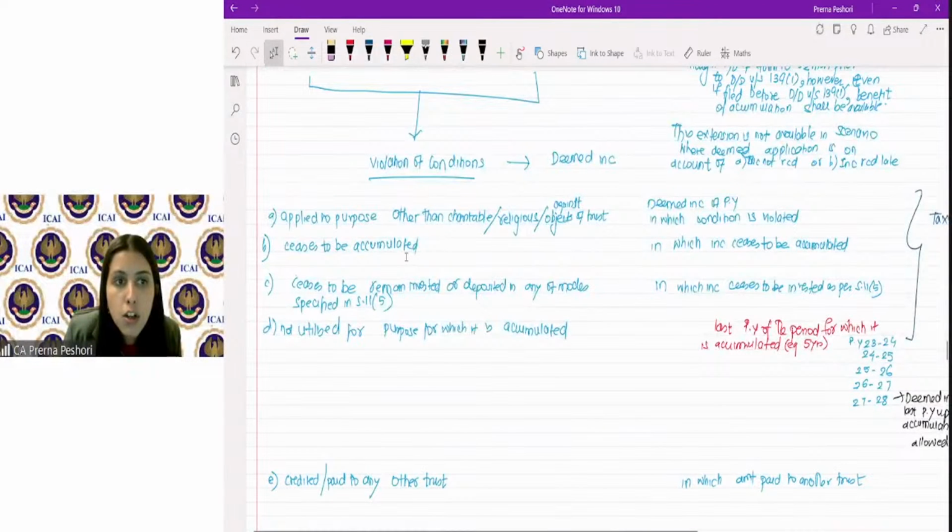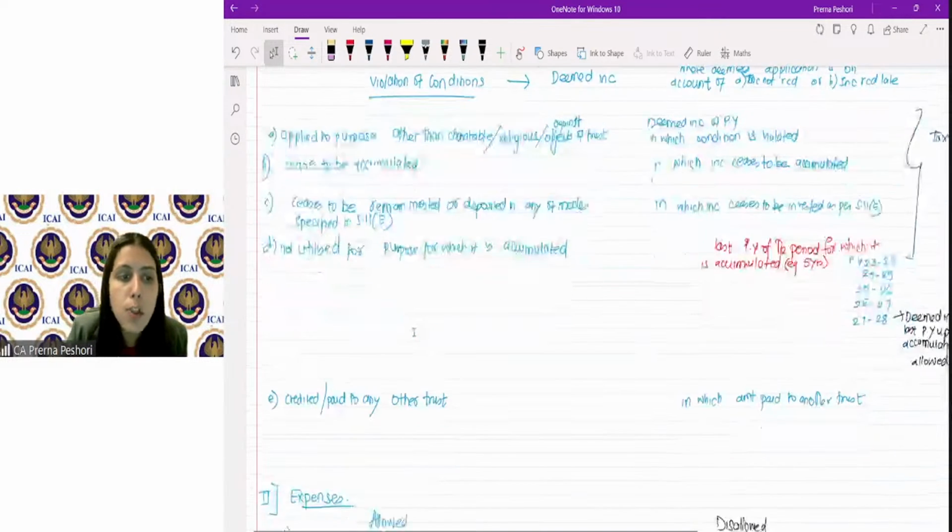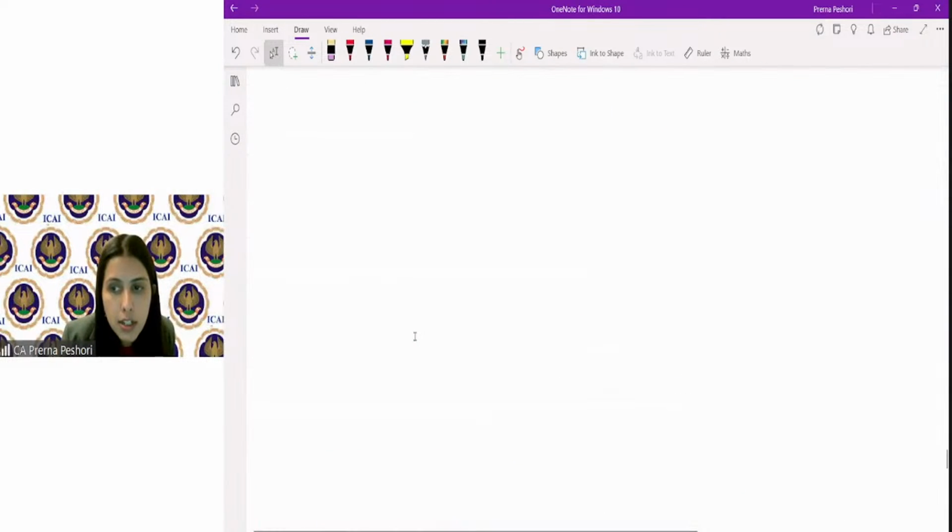So ceases to be accumulated, applied for purpose other than charitable or religious, ceases to remain invested or deposited in any of the modes specified in section 11.5 and not utilized for the purpose for which it is accumulated. So next one is